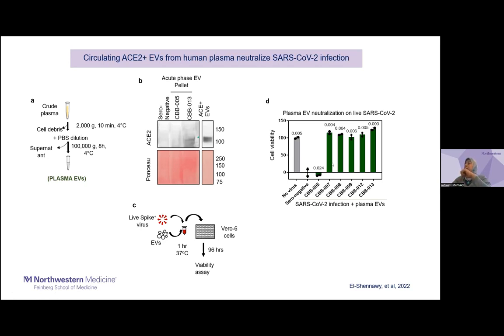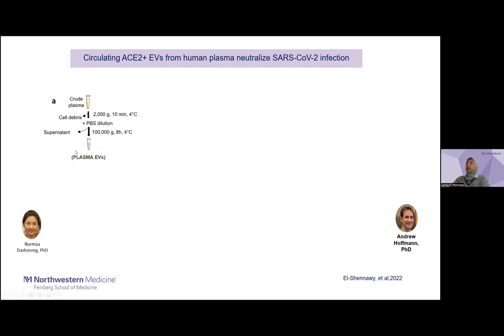Okay, this was not the case with the seronegative or the healthy donors, where their extracellular vesicles were ACE2 negative, and this was not the case as well in this single patient that we have found not expressing ACE2. So this was a very exciting result that confirmed our finding, and we can now say that the circulating ACE2 vesicles from human plasma neutralize SARS-CoV-2 infection. We wanted more confirmation, and this is why we further, after isolating the plasma extracellular vesicles,